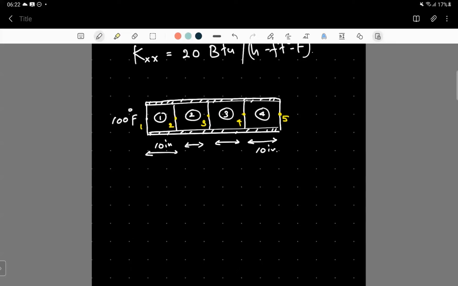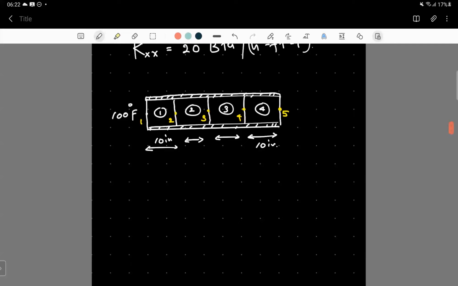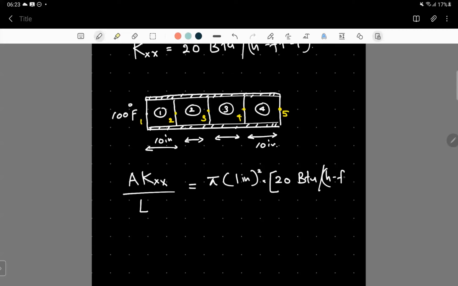For heat transfer corresponding to conduction, the element stiffness matrix will correspond to AK_x/L: cross-sectional area times the thermal conductivity divided by L. So the area is given by πr squared, that is π(1 inch) squared. Thermal conductivity is 20 British thermal units per hour per feet per Fahrenheit degree, of course, times